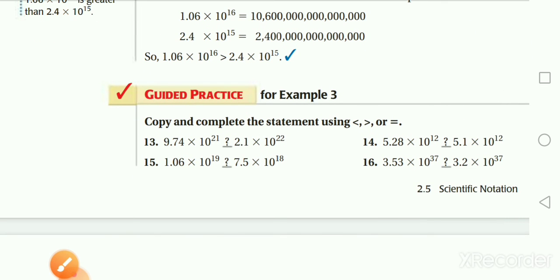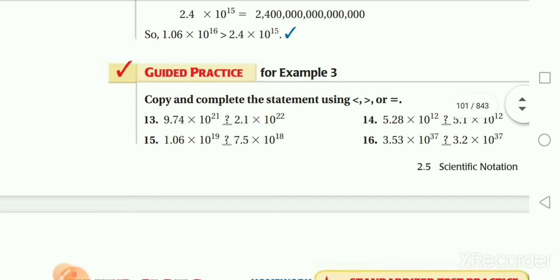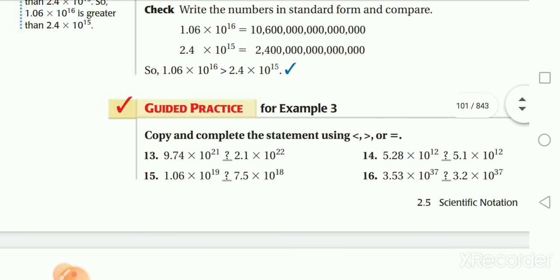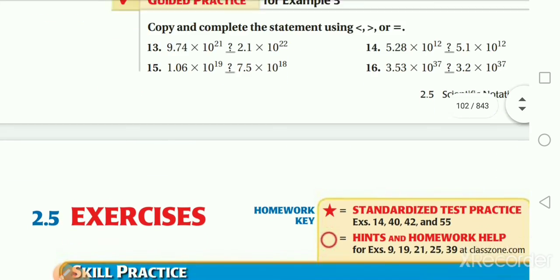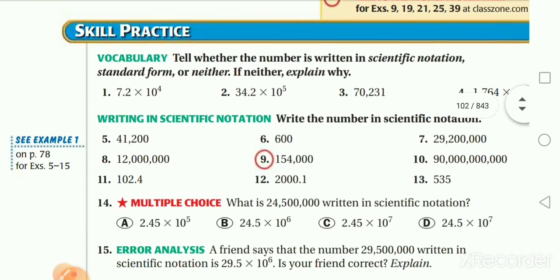My dear students, copy and complete the statements using less than, greater than, or equal. I have here 10 to the power 21 and 10 to the power 22. So what do you think? To the power 22, it will be greater, right? Then 10 to the power 12 and 10 to the power 12, the same. So I'm going to compare the decimals, 5.1 and 5.28. So it will be 5.28. Okay, let's move to,